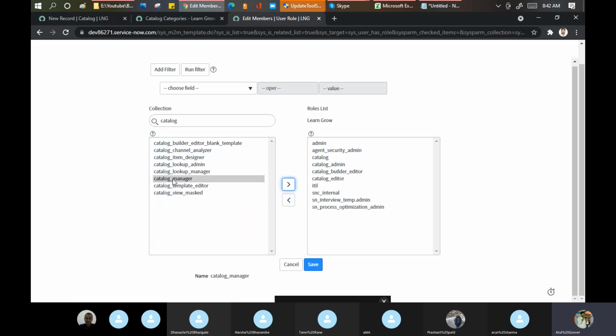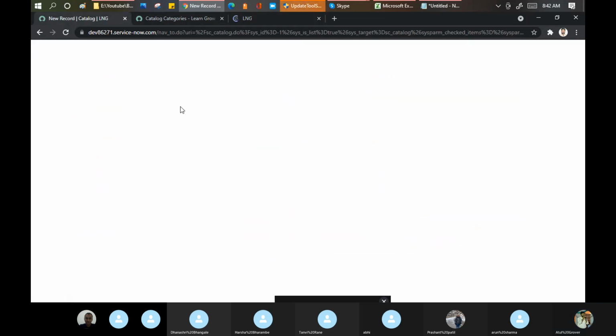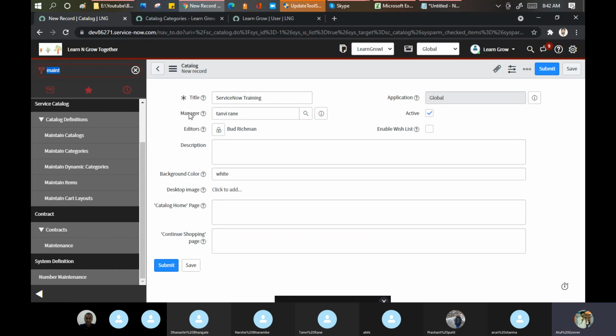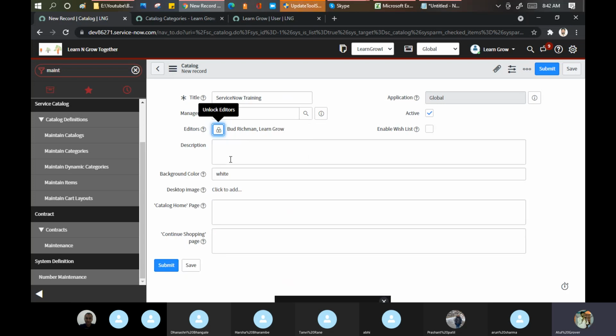Okay, click save. Now if I go here and make a change, let me see if my name is appearing now. Yes, it's appearing. Love it. Description: what is the purpose of this catalog? You can write any story here.